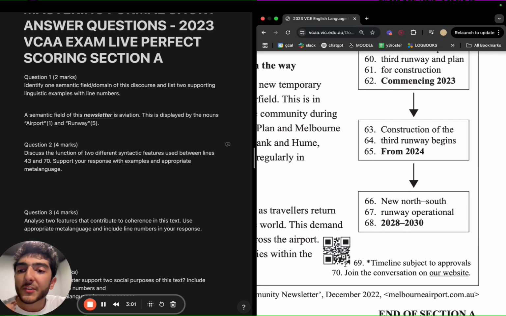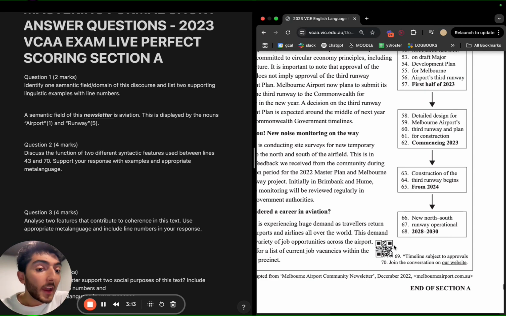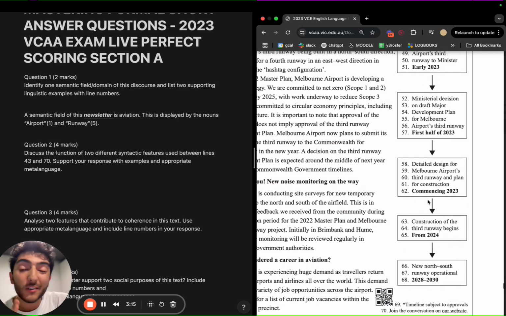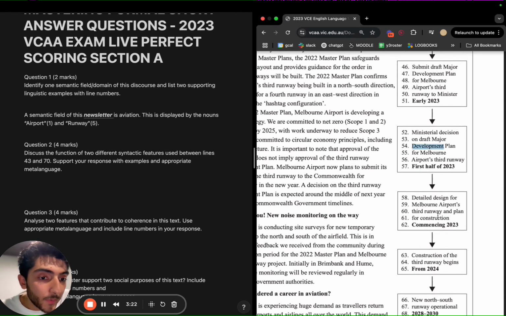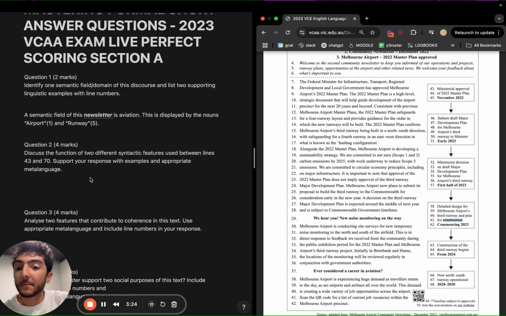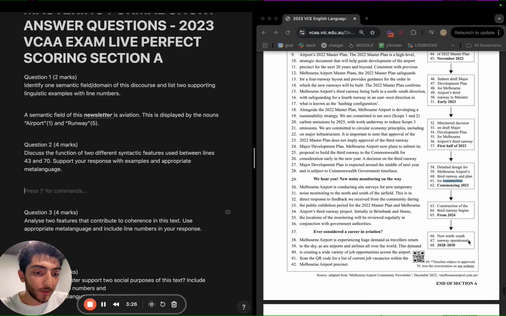Okay, and I don't want both of my examples to be sentence types because I want to impress the examiner by having variation, in case they're going to nitpick and say, oh no, you can't have both sentence types in one question and so on, and things like that, right? The next easiest thing for me to talk about, normally for me personally, and you've got to figure this out for yourself, is nominalization. So I've got development, I've got construction, right? That draws me in. Let's talk about them one by one.